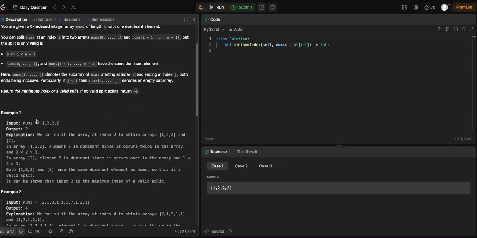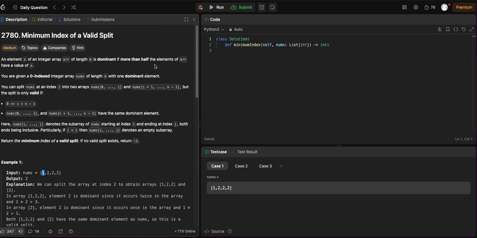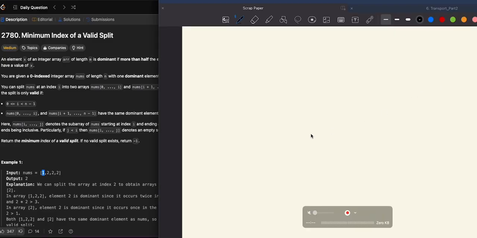So after we find out what the dominant element is, I think we can just keep track of the number of... yeah, let me think about this actually. If a number is dominant, let's look at the minimum, right? So if there are an odd number of elements in nums,